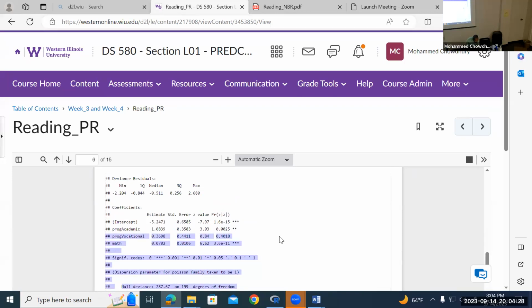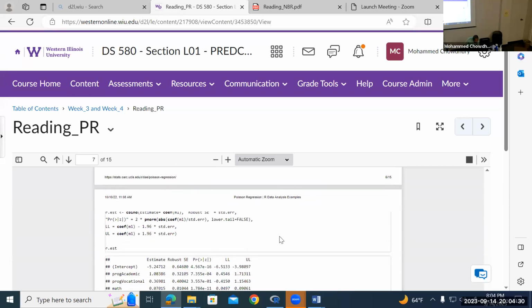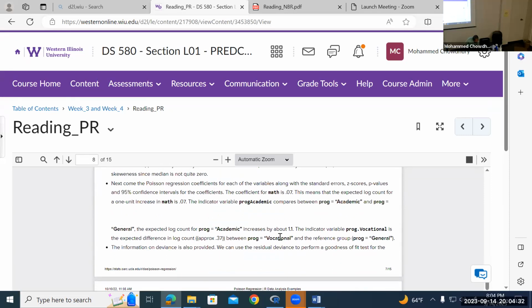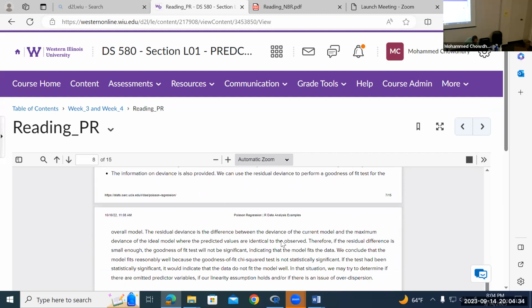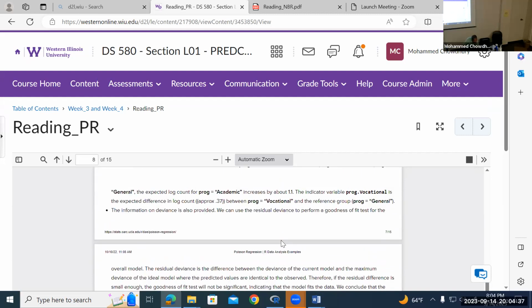Now, what they are doing in this part is the chi-square. They are checking the number of absences for 3 different categories. In that case, they found that this is insignificant. So these are 2 different things. In the model is one thing, and the chi-square test is another thing. The chi-square test is telling